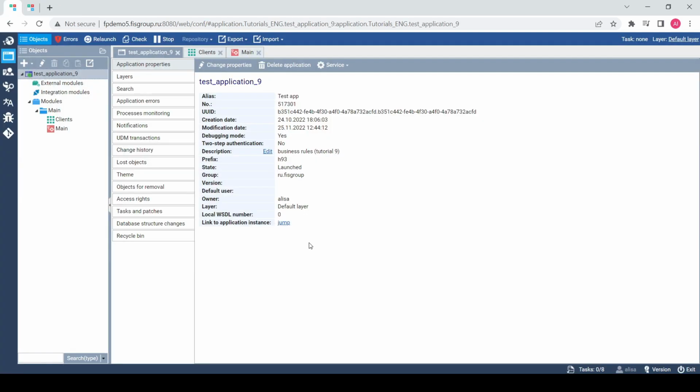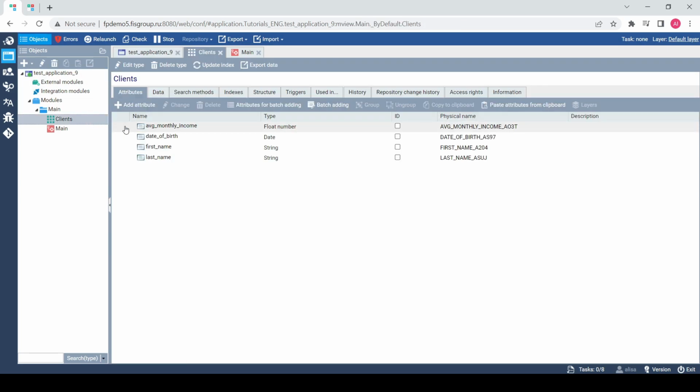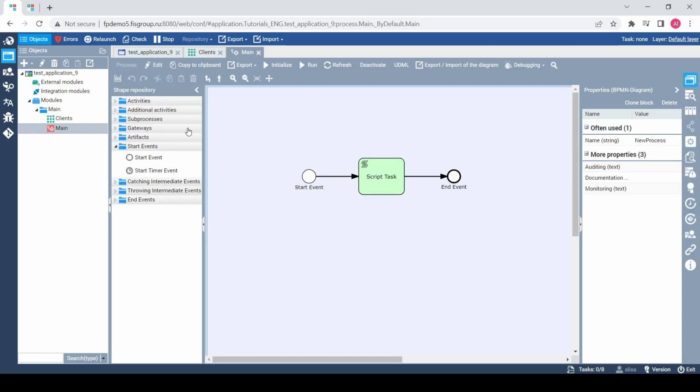Let's take a look at a specific case to see how business rules work. In this application, we already have the type called clients with attributes date of birth, first name, last name, and average monthly income, and we also have a process that contains a single script block. At the moment, this block is empty, but we will use it a bit later. Let's configure a business rule that will check this client's solvency or paying capacity based on their date of birth